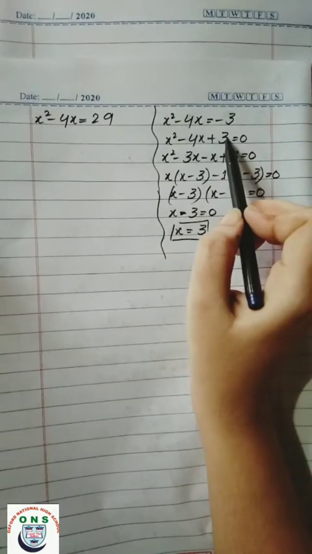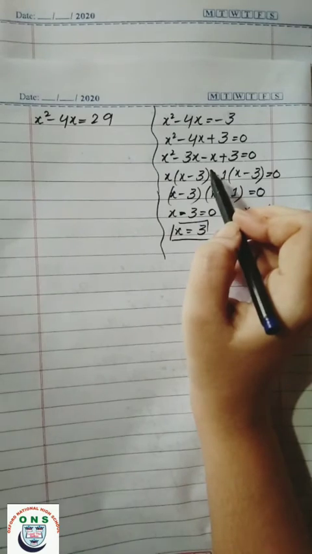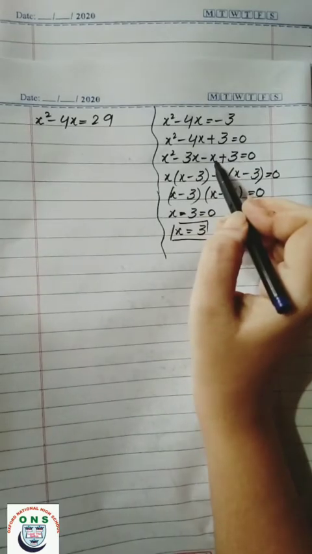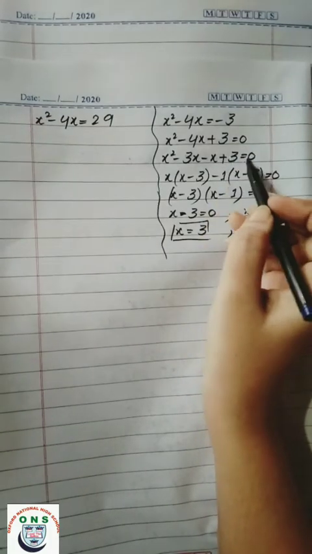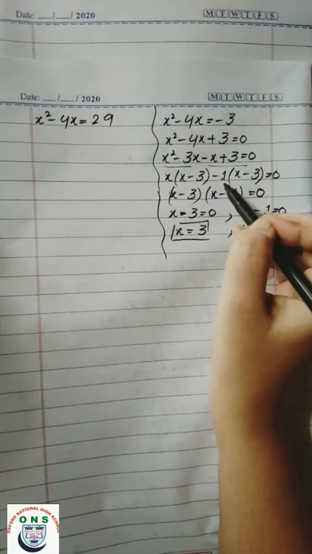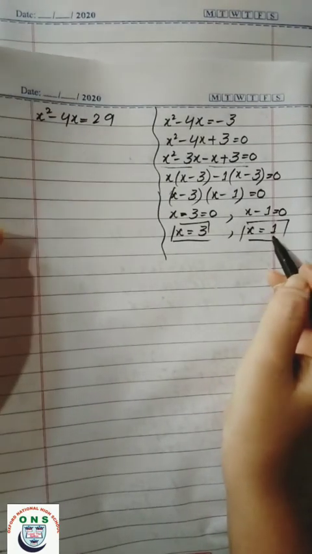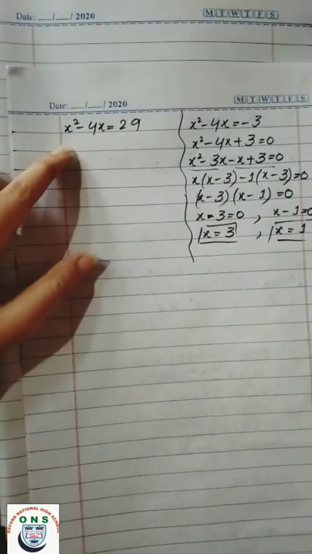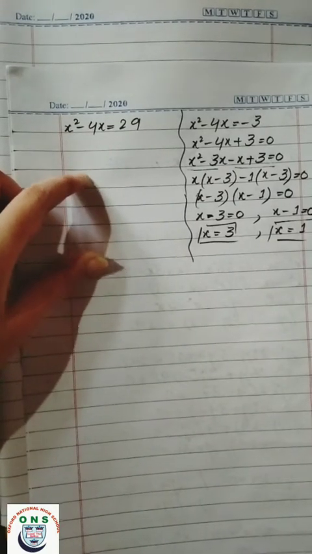So extreme values will be multiplied, it will be 3x square, and we have to find the midterm now after multiplying or after addition or subtraction. X square minus 3x minus x plus 3, this is the pair which is completing the whole expression, equal to 0. Now taking x common and minus 1 common, factorization we have done, and we have found the value of x is equal to 3 and x is equal to 1. One side we have solved. Now move towards the second side. Here we will first arrange it, after that we will apply the quadratic formula, because factorization is not possible here.